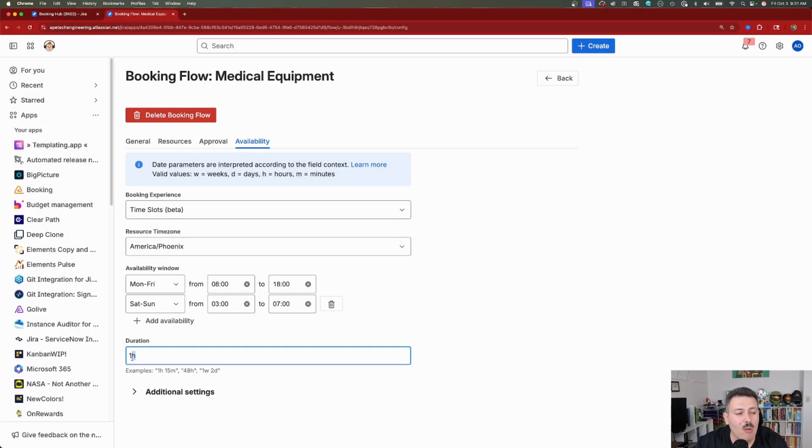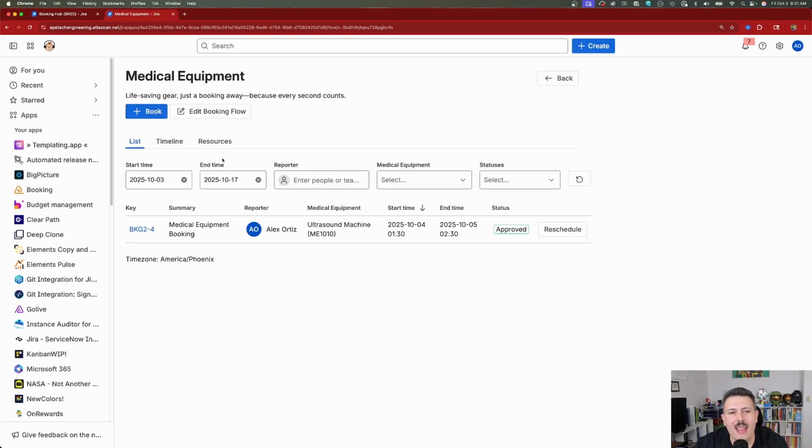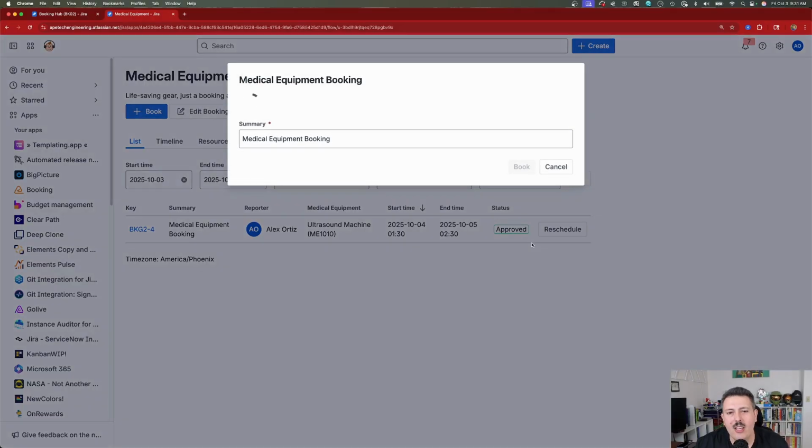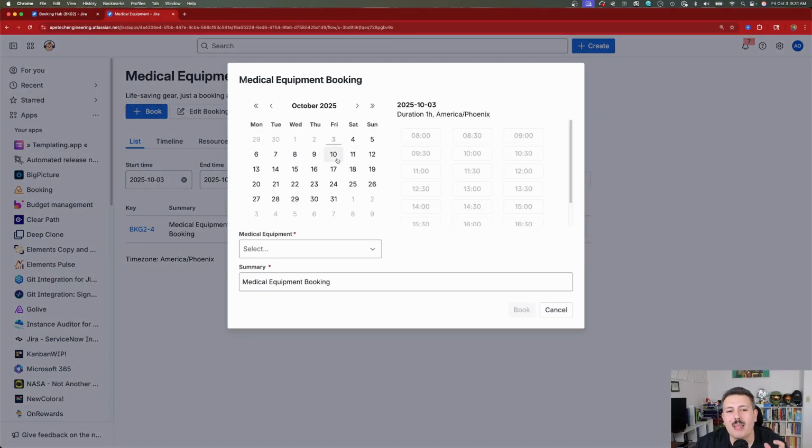You can set how long somebody's going to be able to check things out for. So maybe you want 15-minute increments, 30-minute increments, an hour, whatever you want. I'm going to leave that there. So once you're done, I'm going to click on back and then I'm going to click on book. And you're going to notice that the UI is going to change a little bit because now I can pick my date and I can now pick my time. And then once I've selected my date and time, right, it's slightly different because now I can check those out. I'm going to be able to say ECG monitor, and then again, call this whatever I want, test 1,